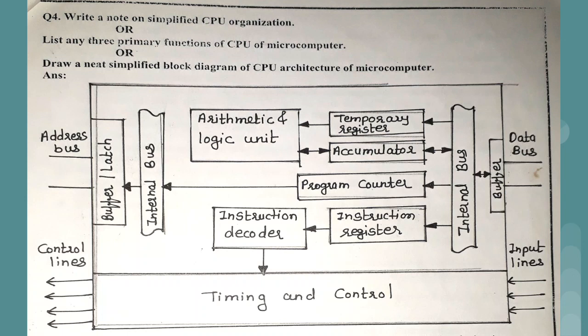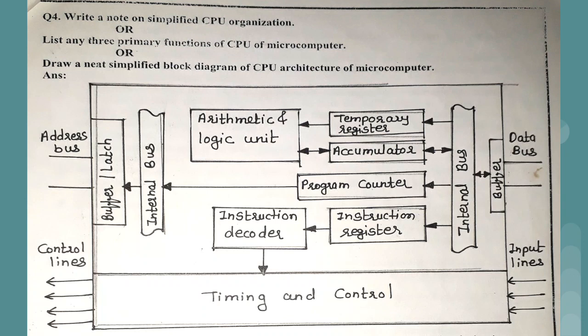The opcode value is stored inside the instruction register. That is, the first byte of the instruction is stored inside the instruction register, and then this data is taken by the instruction decoder. The instruction decoder will decode that instruction, means it will find out the address or binary value of that first byte of the instruction, and this decoded information will be sent to the timing and control signal. According to the instruction, the timing and control signal gives the output or sets the specific flags and so on. So this kind of processing is done in the CPU architecture.